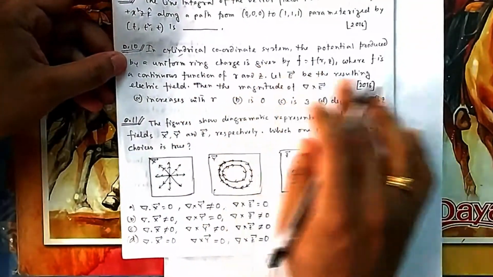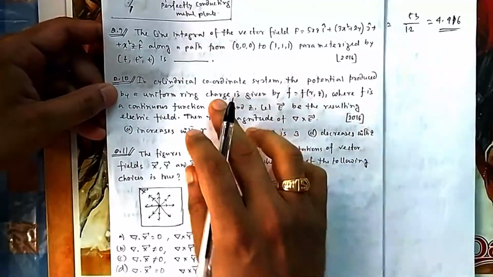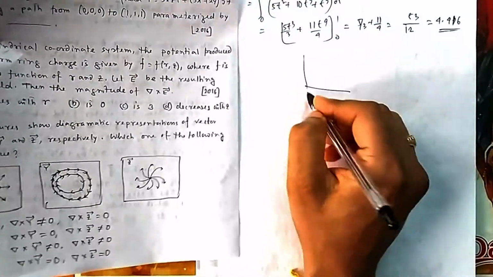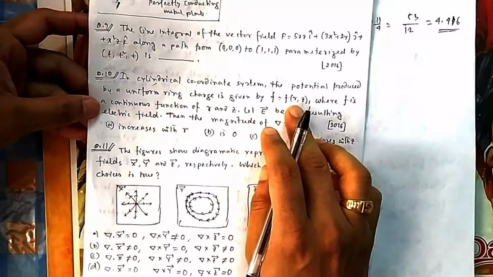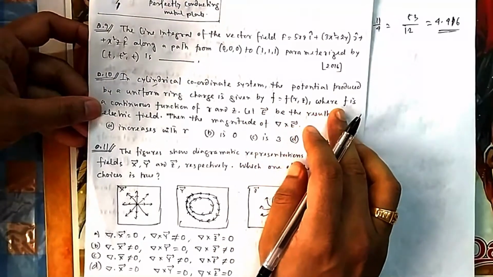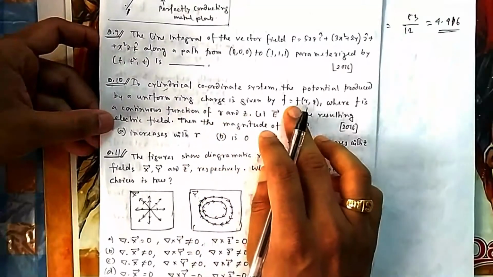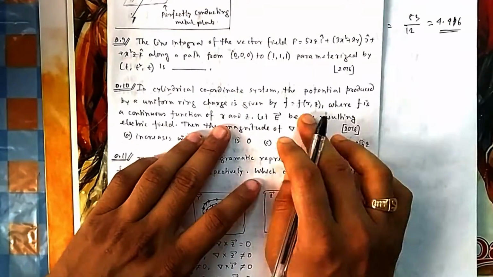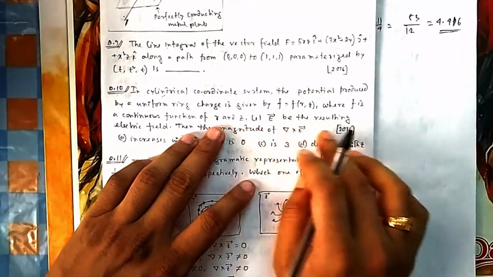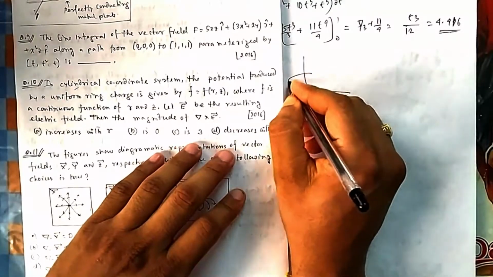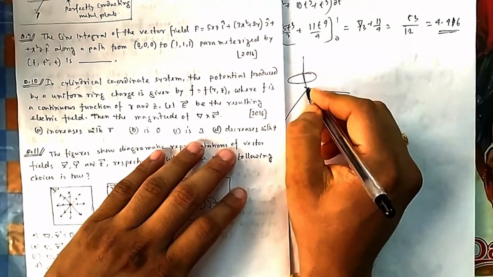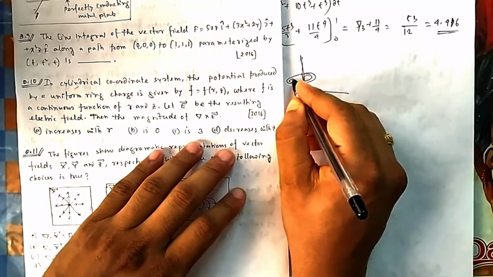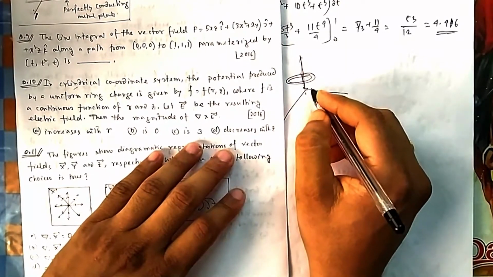So what they have given is a cylindrical potential produced by a uniform ring charge. It is a ring charge and it is of cylindrical type, given by f(r, z), and f is a continuous function of r and z. So there is only r and z given by a ring function. So the ring is of this fashion. It should be a function of r and z, because for a ring, some z will be there